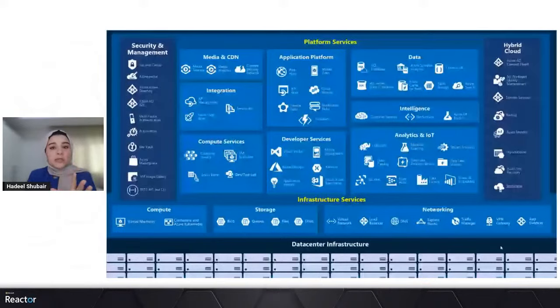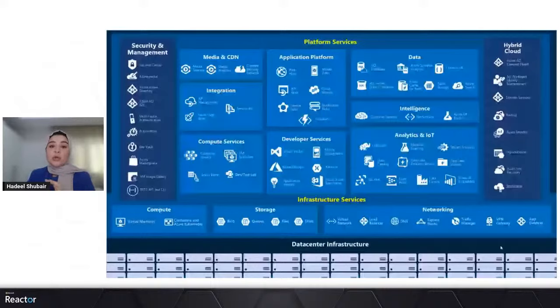Now, our main focus, as I mentioned, is going to be compute services. This is what we'll be exploring today. If you look at the compute services underneath the platform services, you can see that you have container services, Azure Batch, virtual machine scale sets, and development and test labs. And underneath the infrastructure services, you can see we have two compute resources or services, which are virtual machines, which are highly popular, and containers and Azure Kubernetes. So these are what we'll be exploring today.